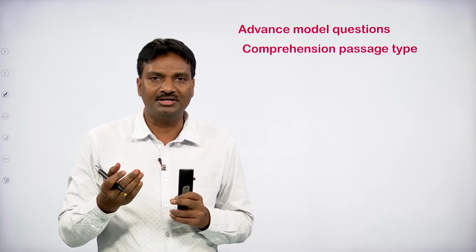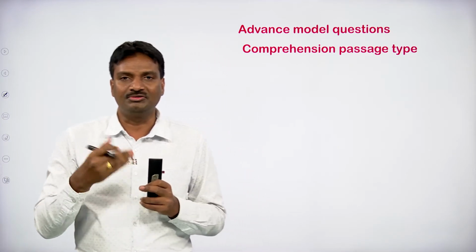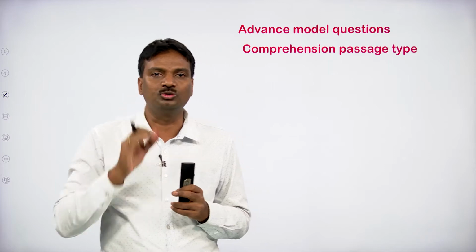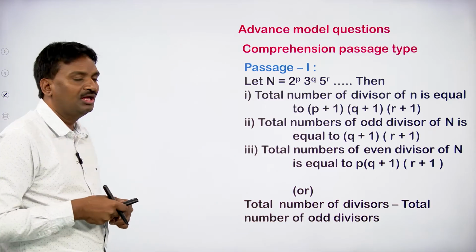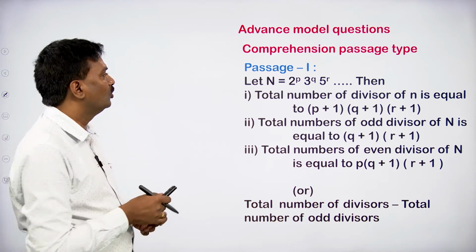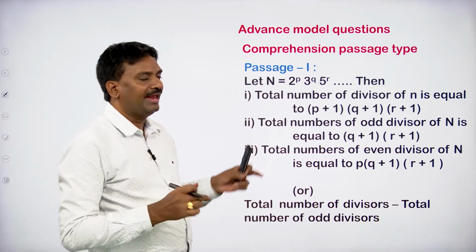If we do not understand the given passage, then we are not able to do the problems with respect to the given passage. With respect to the passage, we may have two problems or three problems. Now, here let us see the passage. So, this is the passage. By reading this passage, the passage is given as: let n